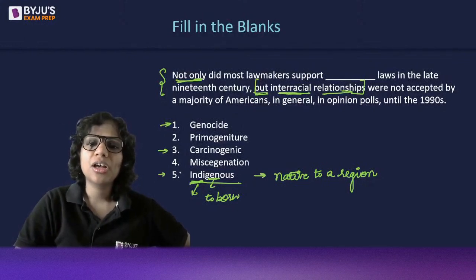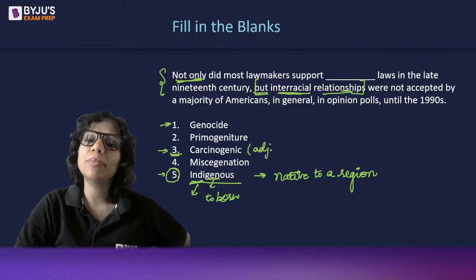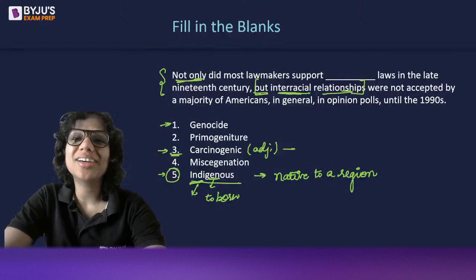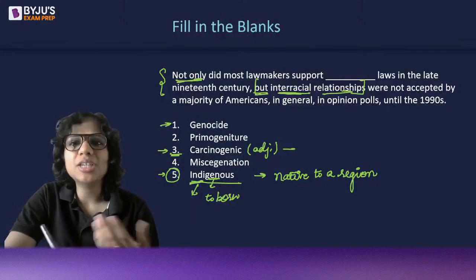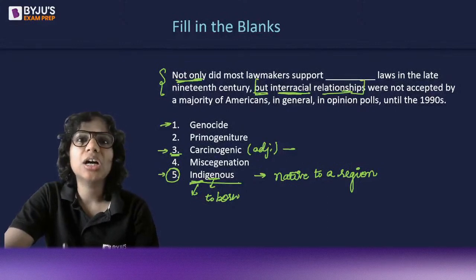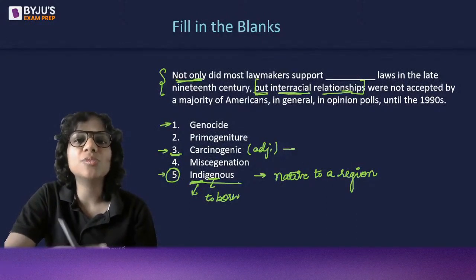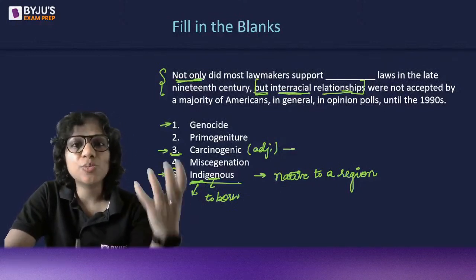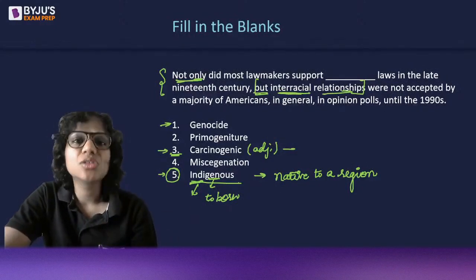Okay. Then carcinogenic is again a word that you may have heard because of the current discussion that keeps on going around plastic. So, for instance, plastic can be carcinogenic. There are a lot of substances in processed foods that we eat that could be carcinogenic, right? Then exposure to UV rays is carcinogenic. So, what is carcinogenic?